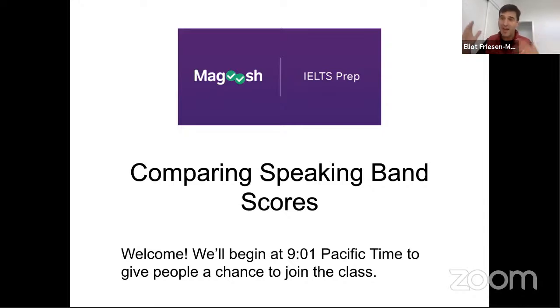So we're going to be analyzing what the differences are between scores at those levels. And then we're going to be analyzing some student responses as well to try to put the